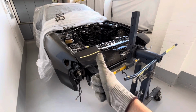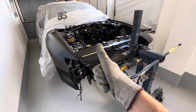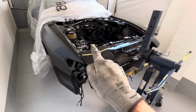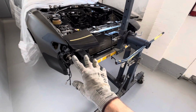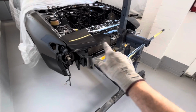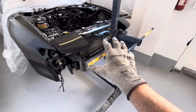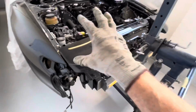I've got that lovely Carlos Sainz replica bonnet. Don't even know if it fits yet. And without that on, the wings can't be put in place. And then without the wings in place, I can't test fit the bumper and put all the new fittings on that, because that's a fiberglass bumper. And also, I've got a front mount intercooler, which is going to take some work. And we're not sure if there's going to be any cutting of any holes for any intercooler pipes or whatever,